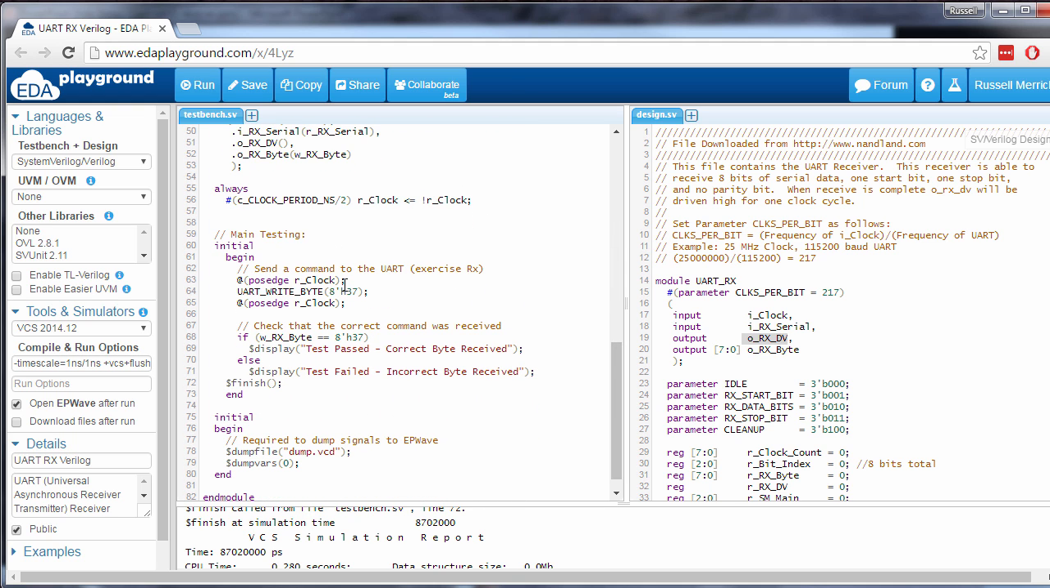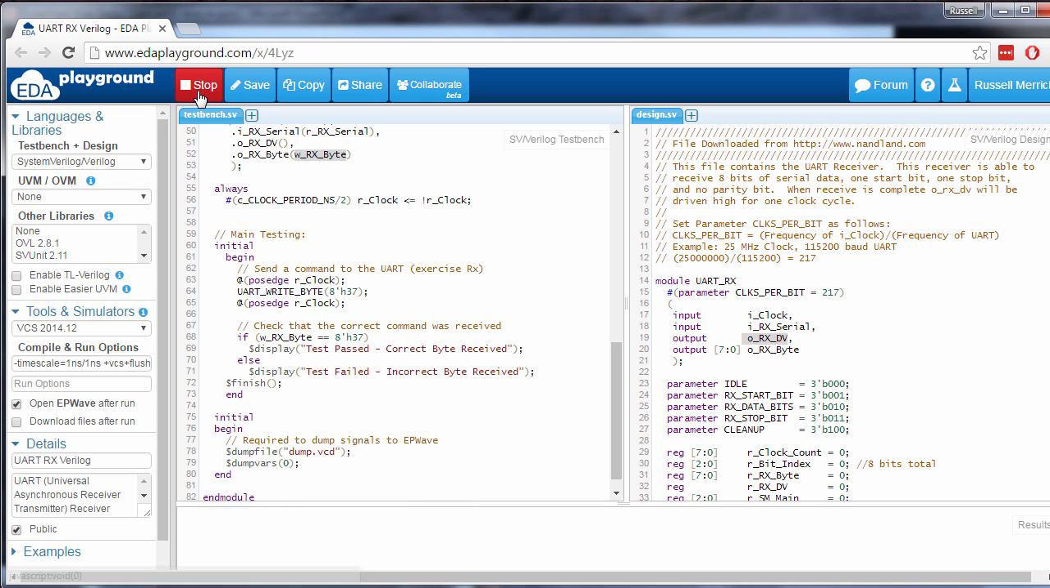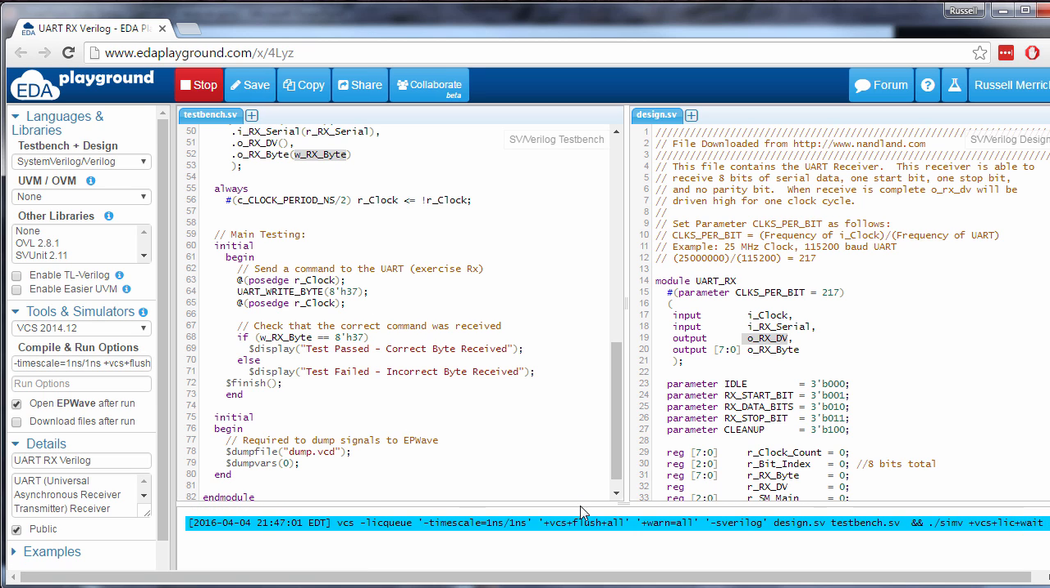So the main testing: just wait for a clock cycle, call the task, and send some data. In this case, I just sent hex 37 to the receiver, and then wait and make sure that the output of the receiver, the W_RX byte, is in fact hex 37. If that's the case, display correct byte received, otherwise say incorrect byte received, and that's pretty much it. So when we run this, we should be able to see